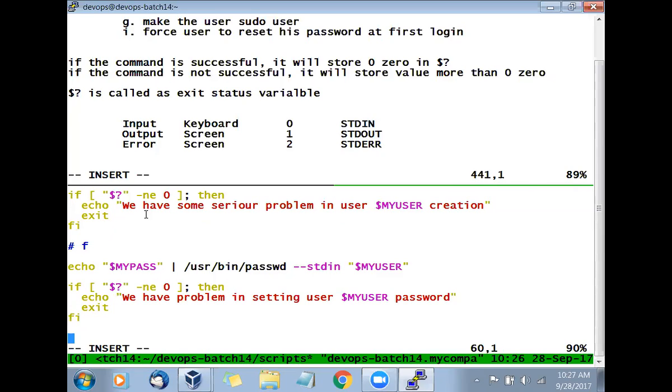This is clear? So we are checking whether it is equal to 0. If success, no problem, but if it is not success, then there is a problem. Correct? Shall we go further?